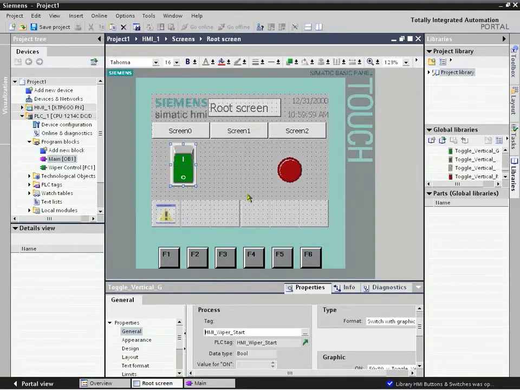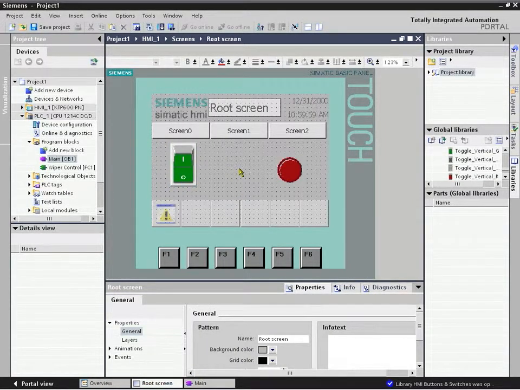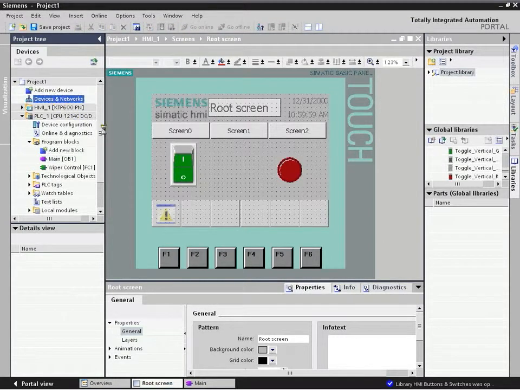So there was no typing, there was no import, exporting, there was no opening a separate HMI package. This is all unified in one programming environment, one user program, one database. So now we made changes by adding a device to our project, the HMI device, and then we also updated our PLC logic. So to download those,